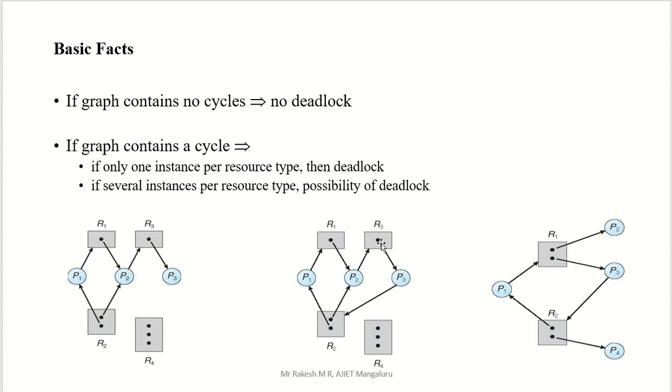But one of the resources we have is 1, right? So there is a deadlock. But with several instances per resource type, there is a possibility of deadlock. Here they have given that if there are several instances, we can avoid it. Deadlock may occur, but we can avoid that. We can't avoid it 100%, but the possibility of deadlock is only a possibility, and we can avoid it. So resource types with several instances we have to consider in order to avoid deadlock.